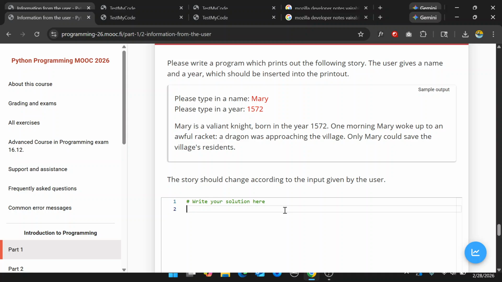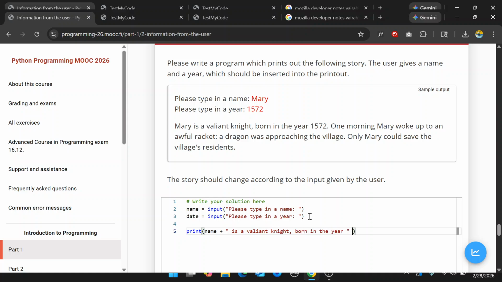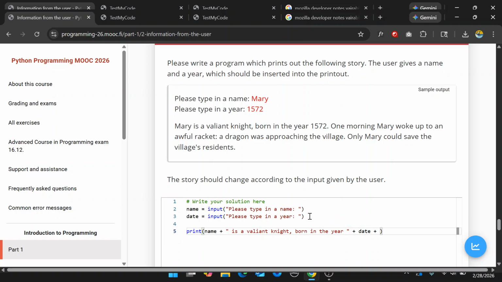So we're just going to have here a variable called name, which takes in an input. Going to prompt, please type in a name. Then here we're going to have another variable called date, which takes in the date. Then we're going to print Mary. Oh, sorry, not Mary. It's going to be name plus is a valiant knight born in the year plus date plus